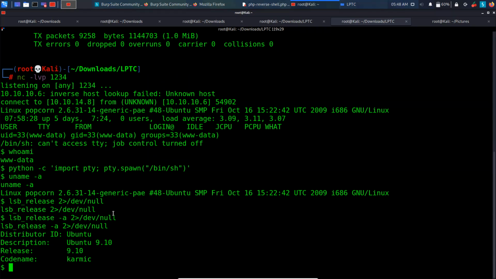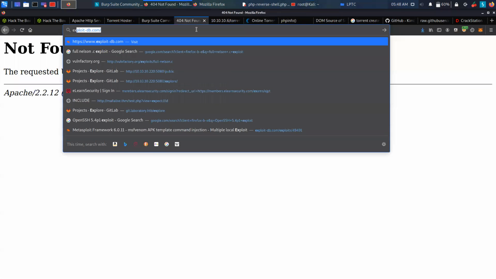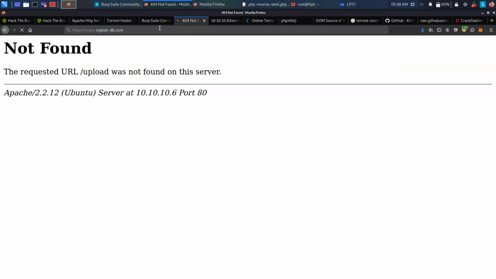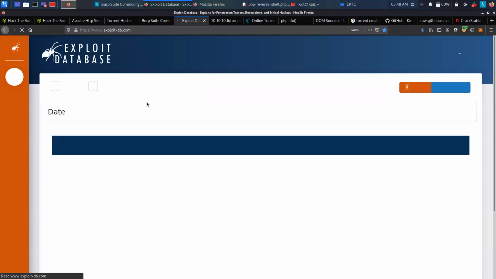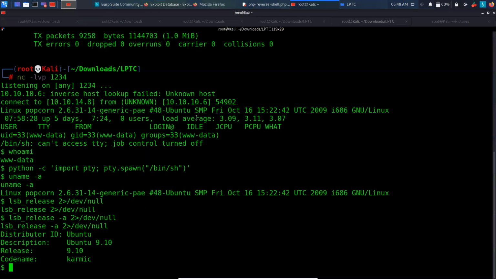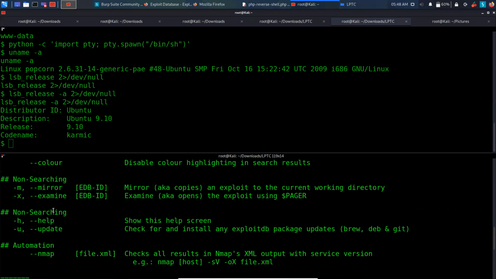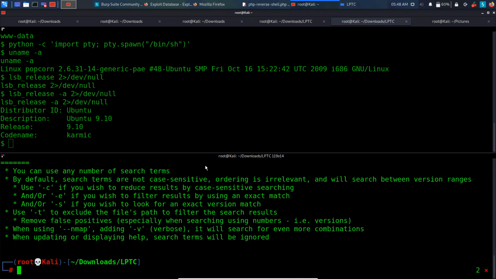And to search for it, there are two ways. Basically, everyone would have heard about Exploit DB, I guess. So Exploit DB is basically a database of exploits. We can find a lot of exploits over here for all the vulnerable things. So we can just search it over here. Or there is another way to search directly from the terminal, which is known as searchsploit. Searchsploit is nothing much, it is just a command line search tool for Exploit DB. So instead of heading over to the website, this is a better thing to do.